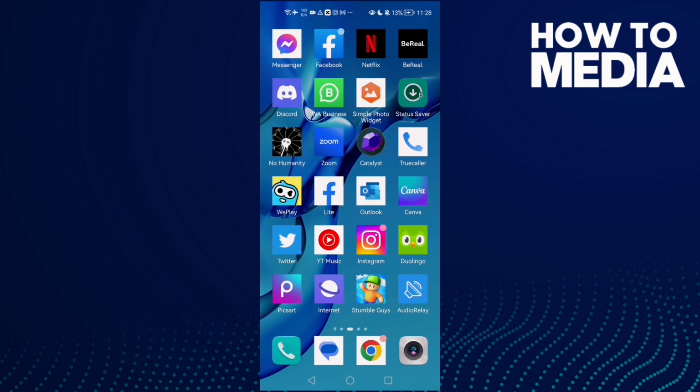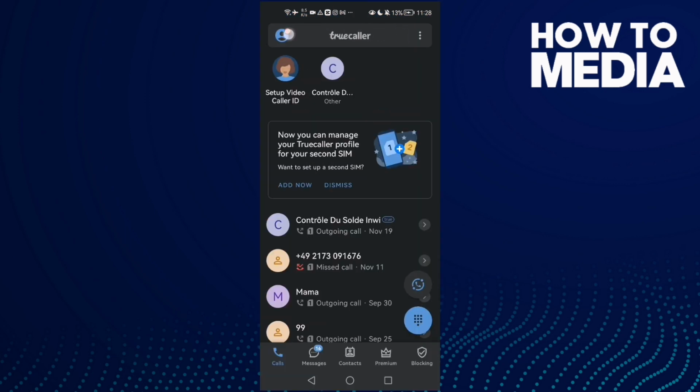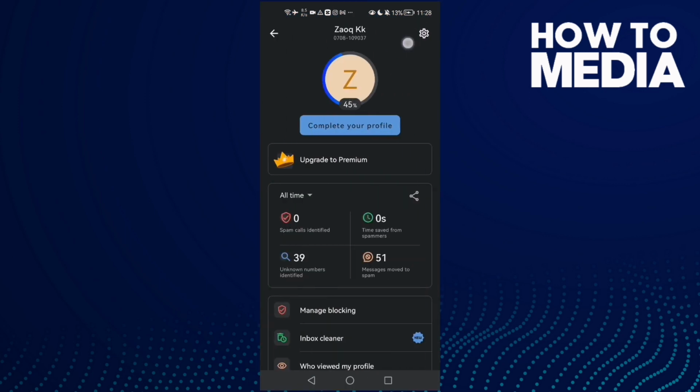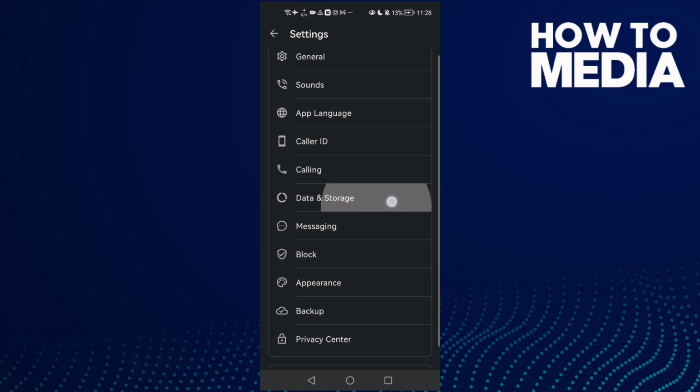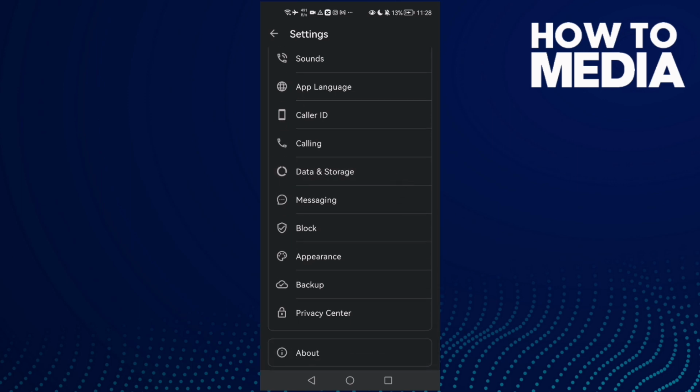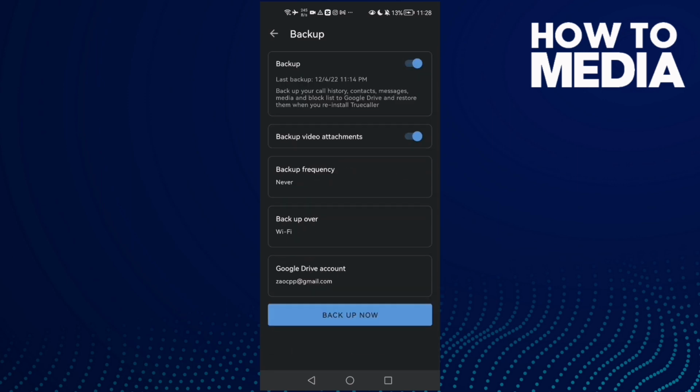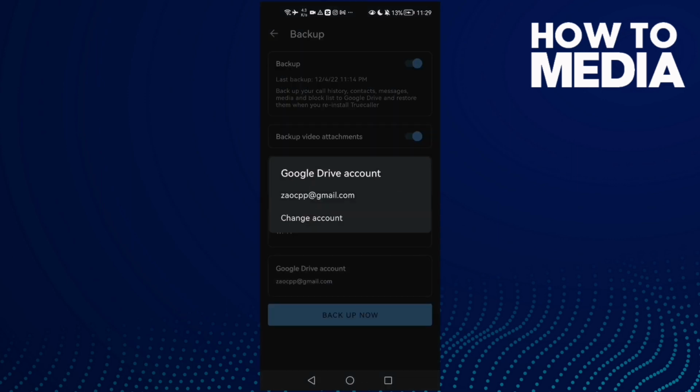First open Truecaller and then click on your profile, then click the settings icon in the top corner. Now just scroll down until you find backup, click on it, then just click backup, just click Google Drive account, click on it and